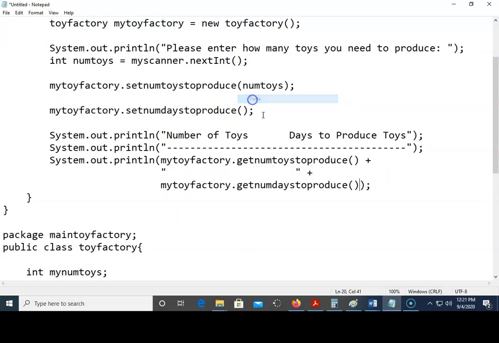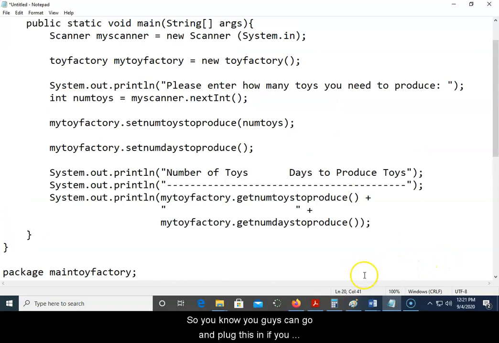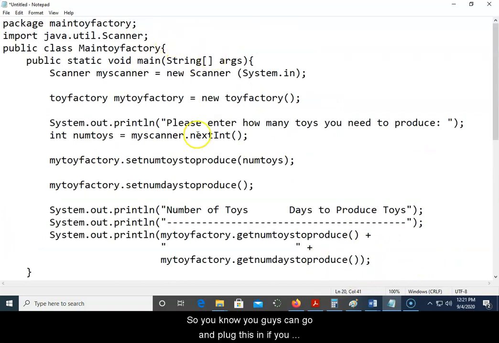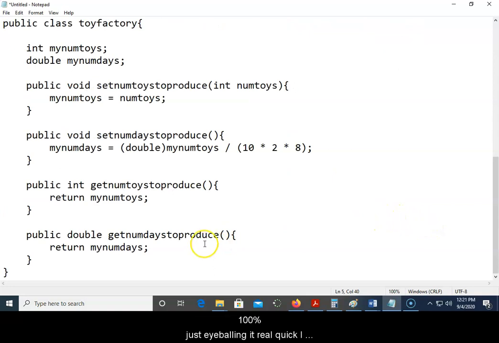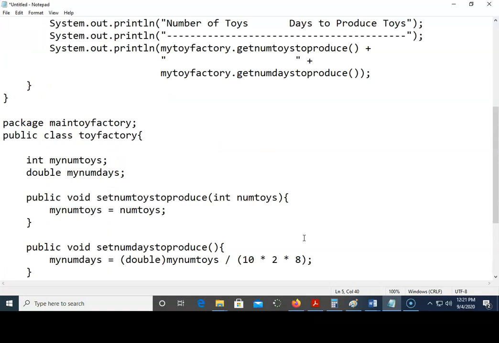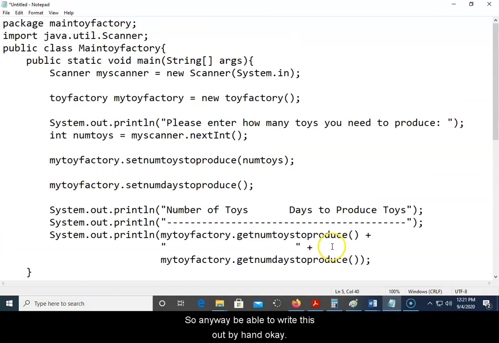So, bam, right there. You guys can go and plug this in if you want. I don't think I have any mistakes in here. But if you wrote this out on your test, you'd get 100% just eyeballing it real quick. I might have an error in here or there, but I think it's fine. So anyway, be able to write this out by hand, okay? Because that's what you're going to have to do on a test or quiz, okay? So this video